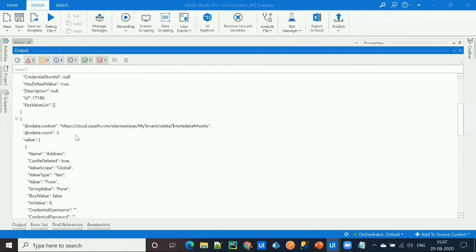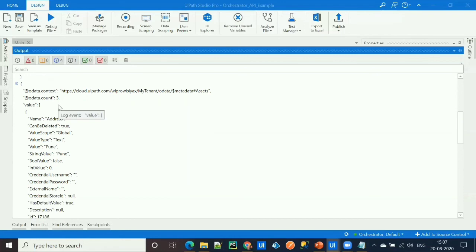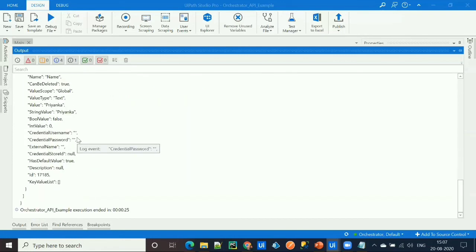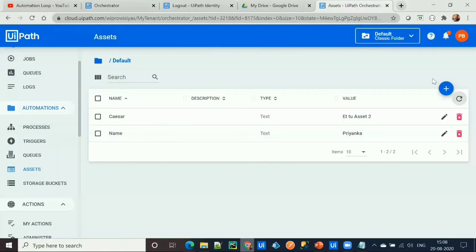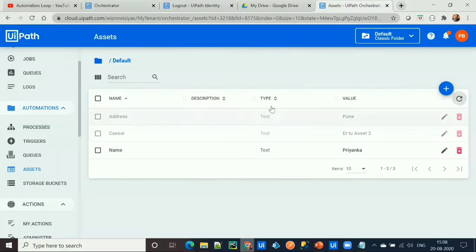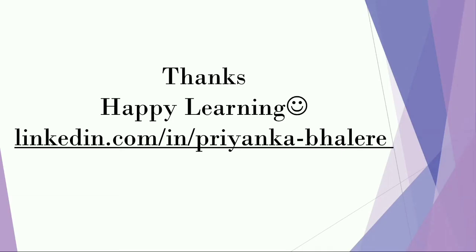So as you can see here, I have 3 assets under my orchestrator that we have created. Okay, so let's verify this detail by going to orchestrator, and if we refresh, yeah, we could see the recently created asset, and we got all these 3 assets in our output.